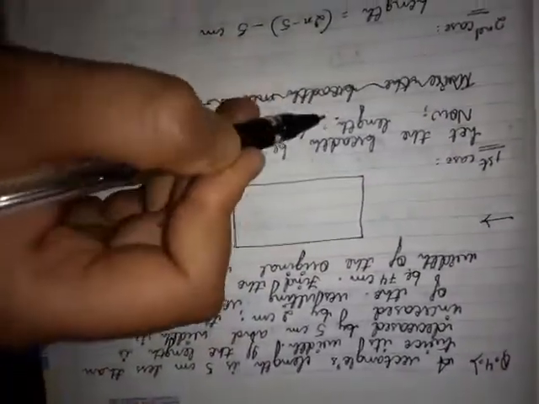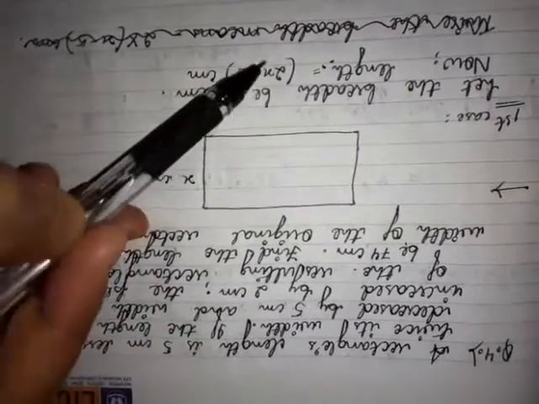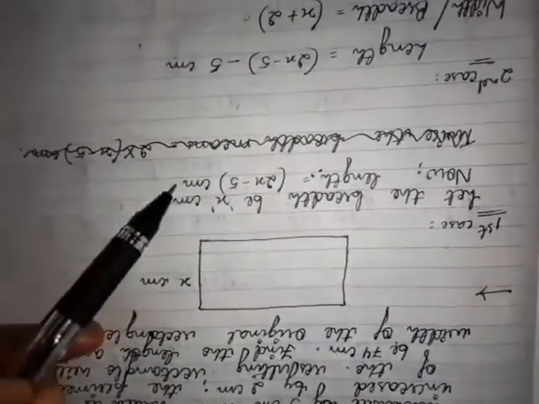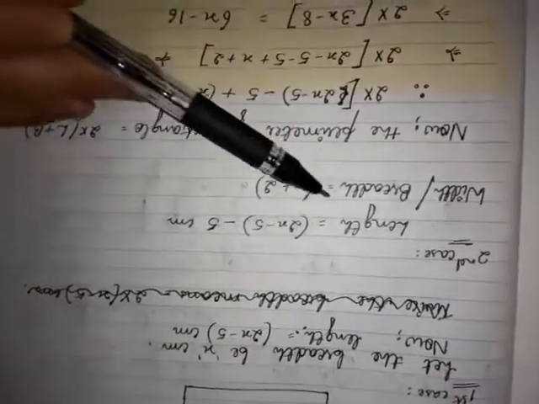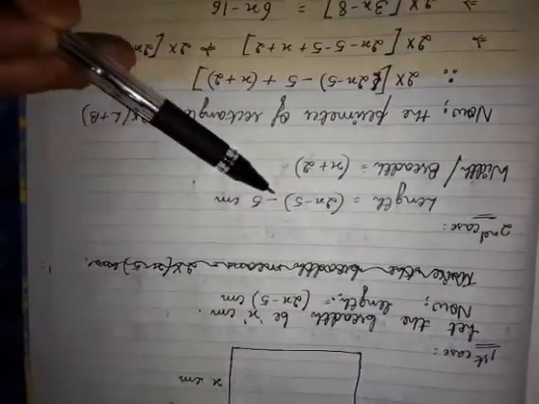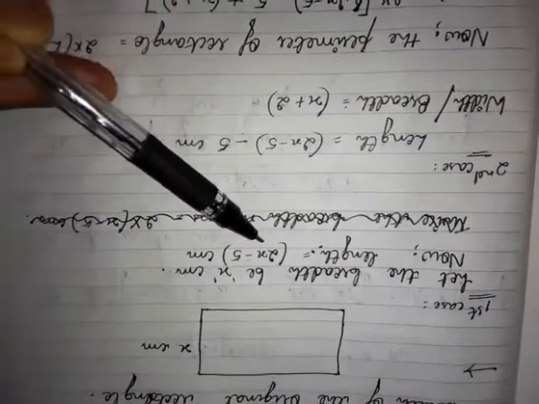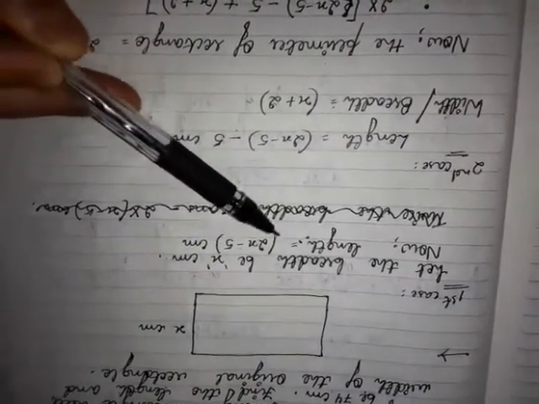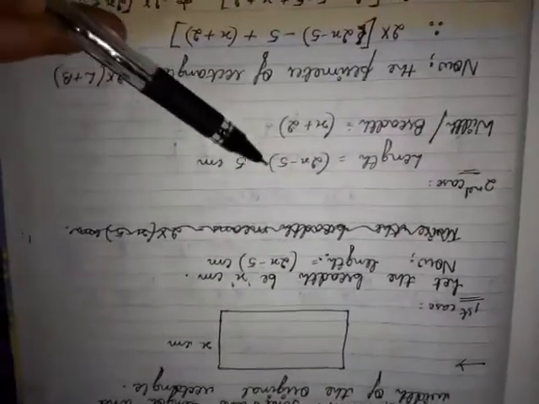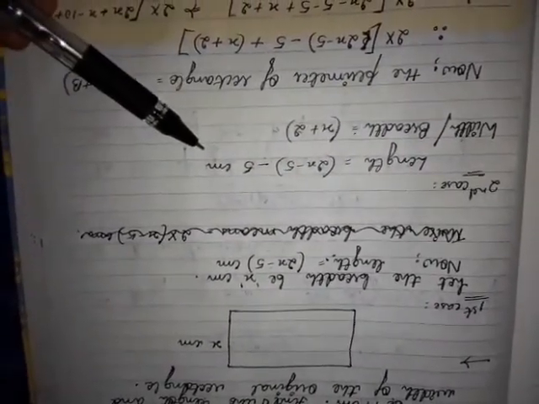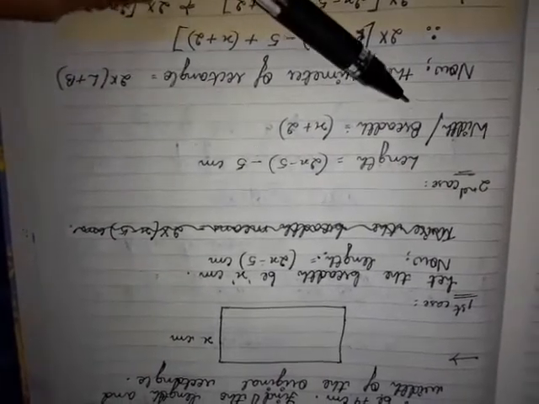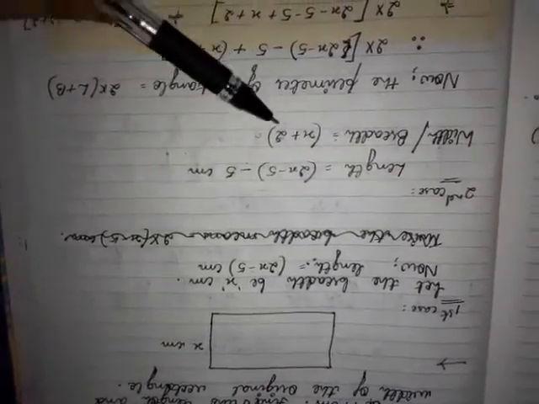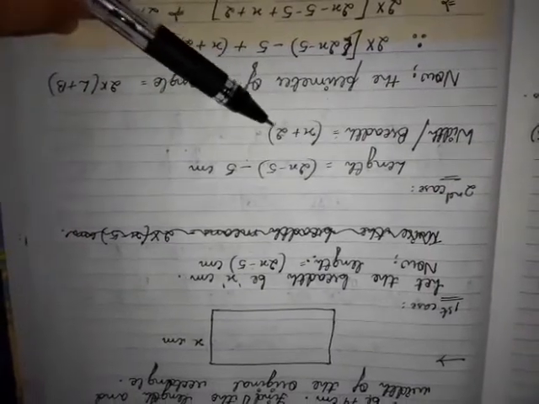Now, the length, we know that length is 5 centimeter less than twice its width. So, width is x. So, 2 into x is 2x minus 5 centimeter. The second case says that the length is decreased by 5 centimeter. So, the length was 2x minus 5. I have always told, when there is a variable and a constant and there is a minus or a plus sign between them, please put them in bracket. So, (2x minus 5) minus 5 centimeter, because 5 is reduced, and the width or the breadth is increased by 2 centimeter. So, the width was x. So, if it is increased, again it is x plus 2.